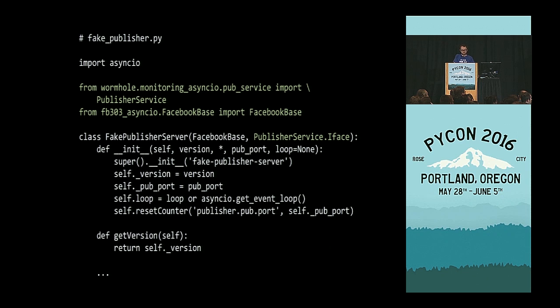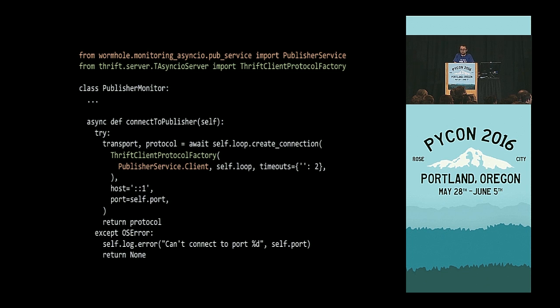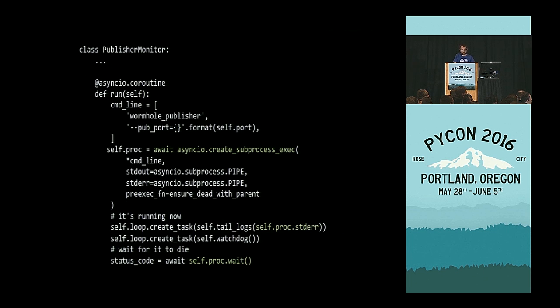If you want to create a connection, you're using the exact thing that you would expect. You just create a server factory, and then you just create connections if you are on the client side. If you already have a connection, then you simply await on calls to the service that you're using. There's no magic here. You simply do the same thing as you would do in the blocking world, just prepend it with asyncio. Same thing with calling subprocesses.